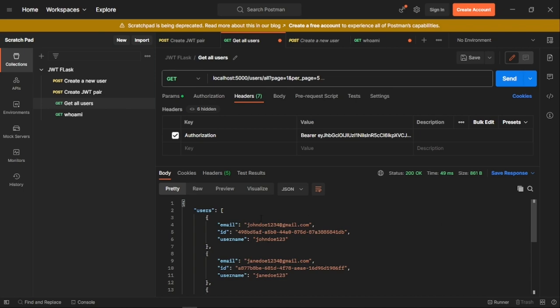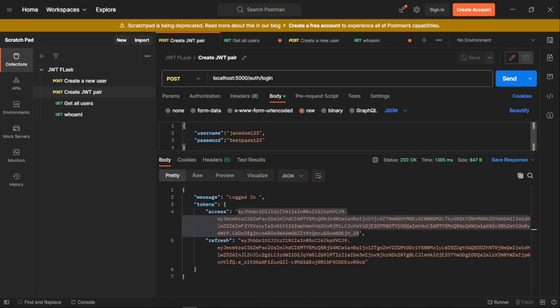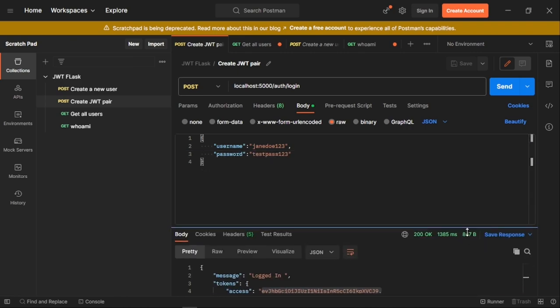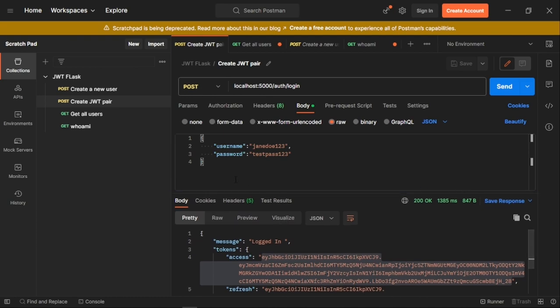For us to do that, when you go back to creating a JWT pair, I'm going to change the username from John Doe to John Doe 123, and then provide the password, which is still the same password. So if I send this,